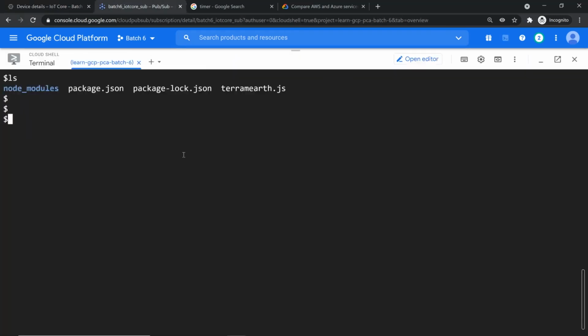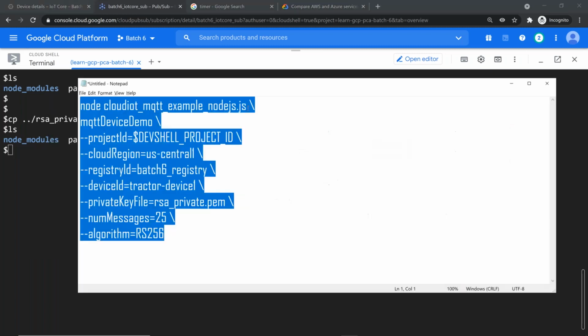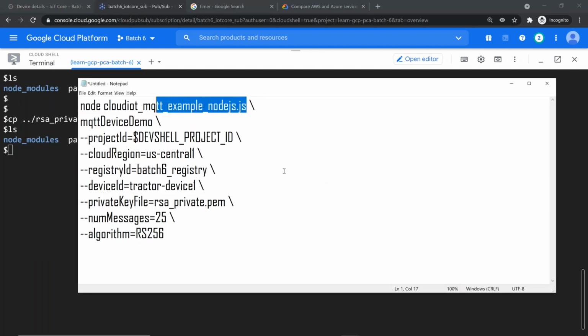So what I'm going to do now is copy my private file here into my Node.js application. I'm just going to copy this line also, and change this. So this is the code name. Simple. Node.js telemetry.js